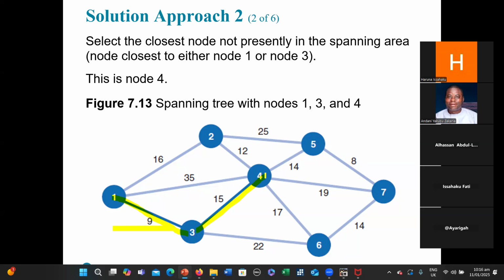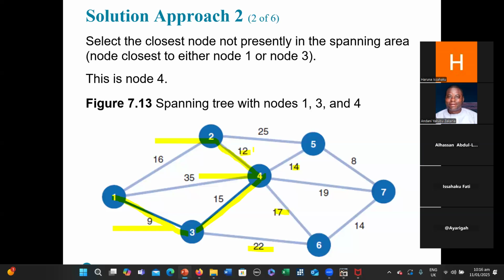Among the communities not yet connected to the cable network, which one is shortest? If you look at all the numbers, you see that 12 is the least among those not yet connected. So that is why we choose from 4 to 2,